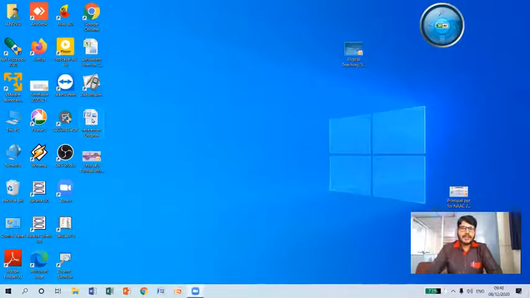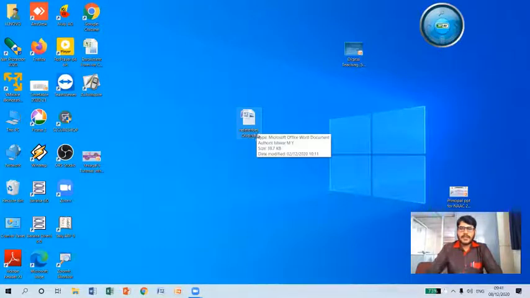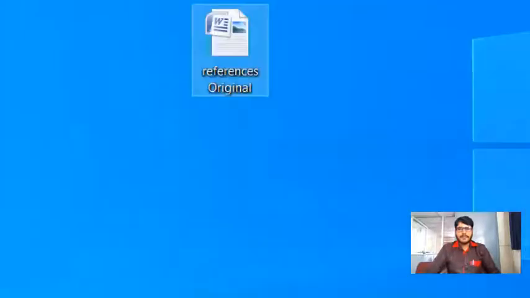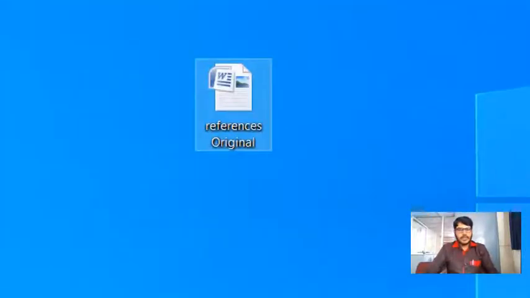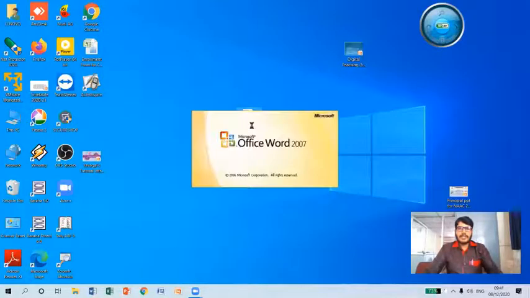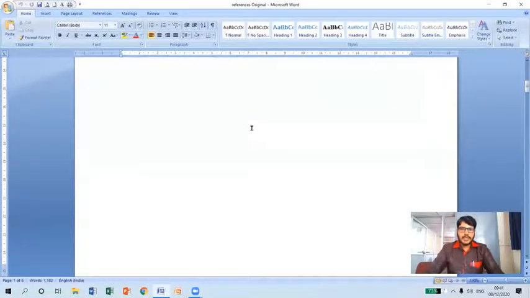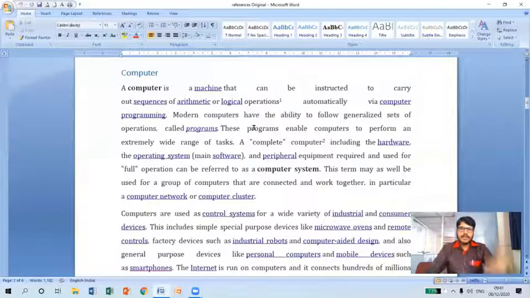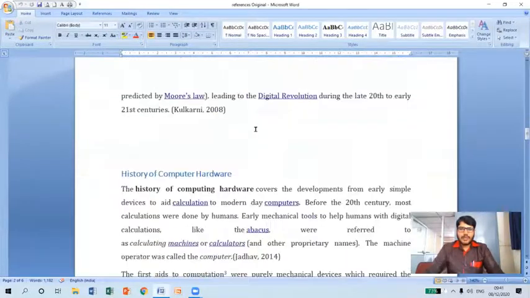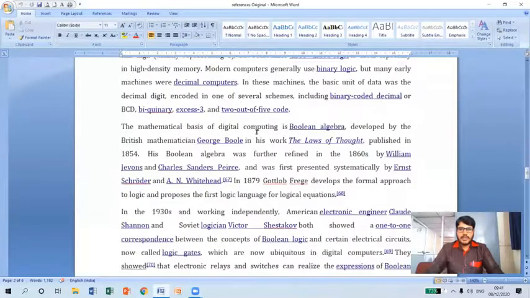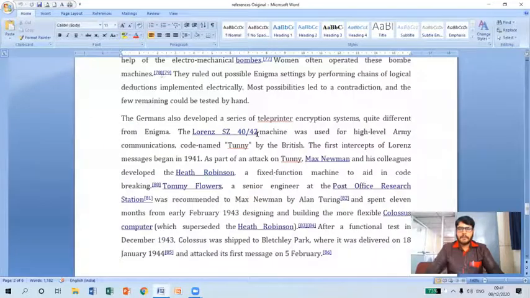Now, as you can see here, we have one particular document on desktop, that is references original. I have prepared some content within this. As you can see here, I have included a content page and I have written some text within this.